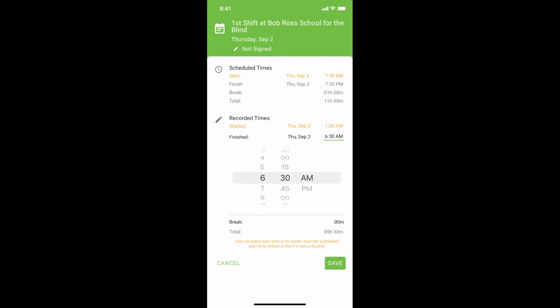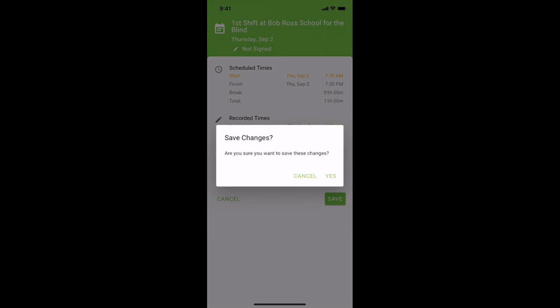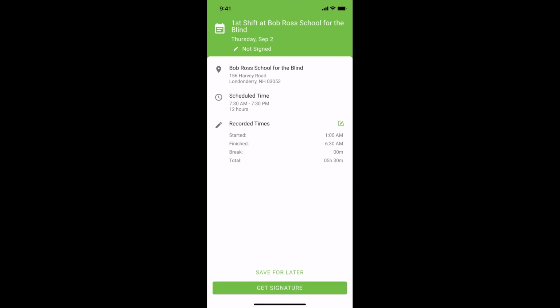So this is also the place where you can actually edit your break time. The break time should be set to automatically give you the breaks that are active at your facility. Usually that's 30 minutes or 60 minutes, depending on the place. But you can change that if you need to. I'm not going to. And then what I do is I say save. So you want to save these changes? Yes. Now I'm good, and here now we're done with a shift, and I can go ahead and get a